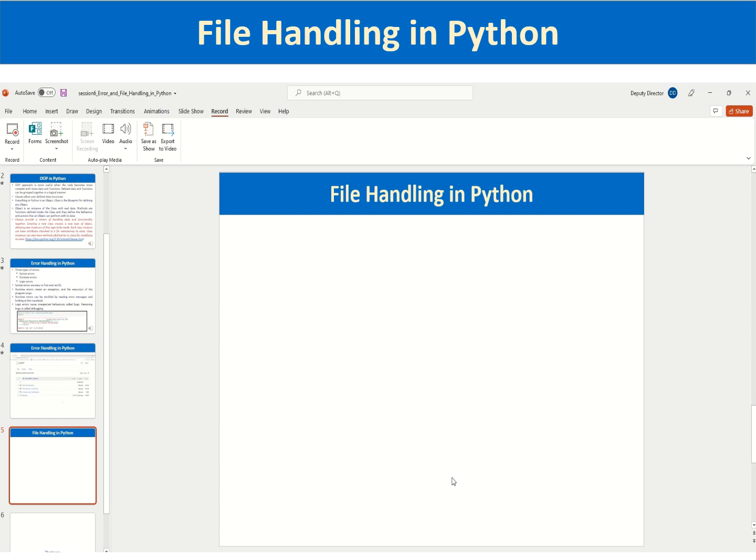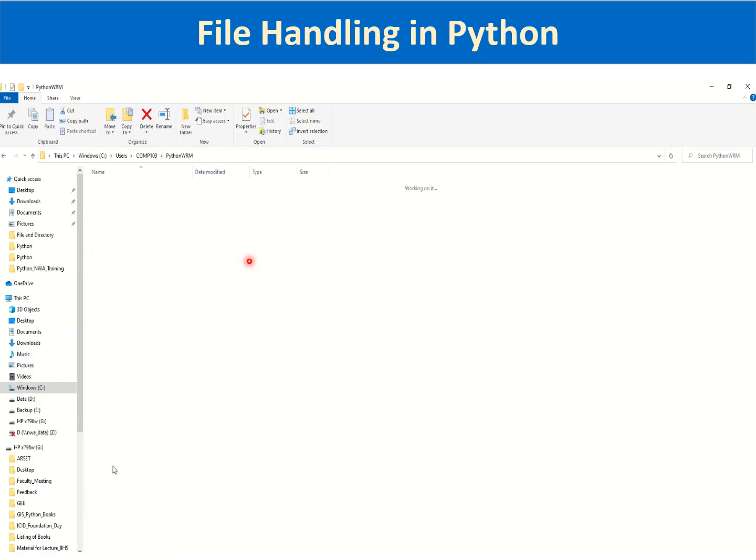Let us start with file handling in Python. Files, as we know, are organized in our system in a hierarchy of folders. Every running program has a current working directory or present working directory. In our case, my home folder is where I have installed the Anaconda 3 folder, that is in the C drive, users, and the username folder. Then I have created a subfolder of Python WRM and